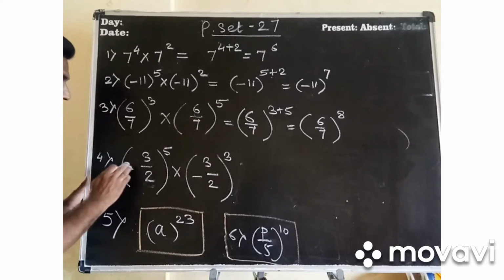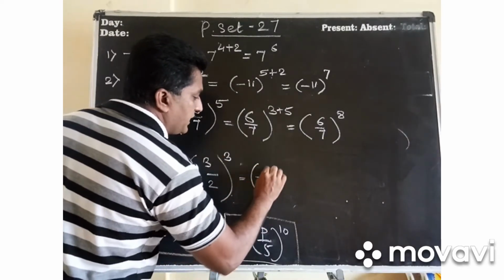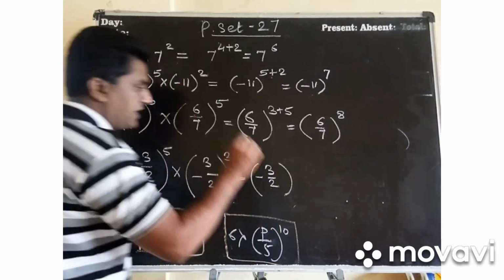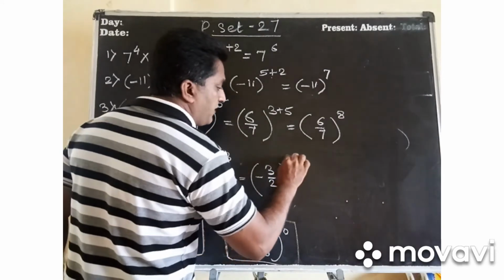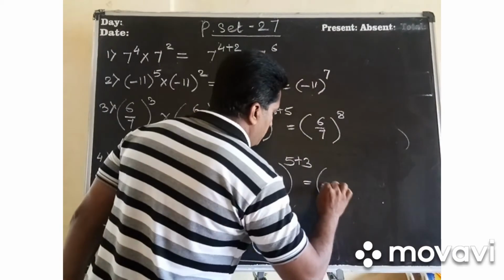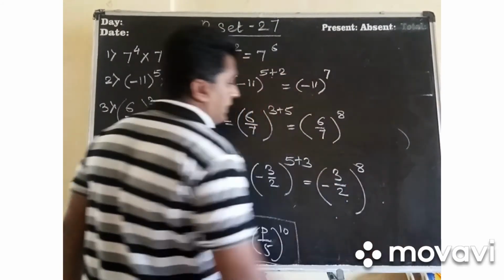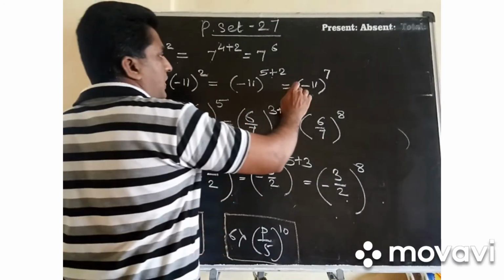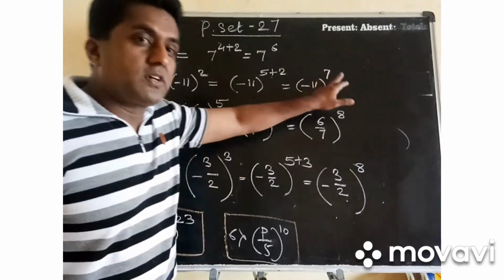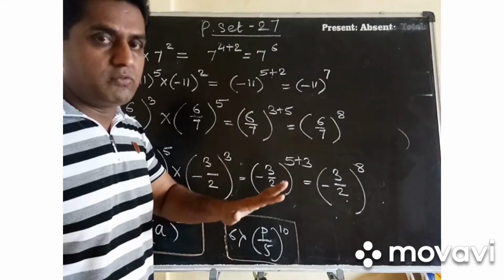And the fourth one, negative 3 upon 2. Make a bracket, negative 3 upon 2, bracket complete. 5 and 3 are the indices. We can say 5 plus 3. Right everybody? So it will be minus 3 upon 2 bracket complete, and 5 plus 3 will be 8. So see, these all are the answers. You can solve it further by finding the values, but in this question they have not asked us, that is why I am not solving.